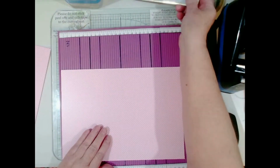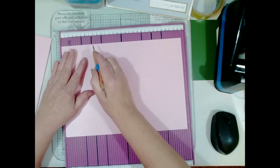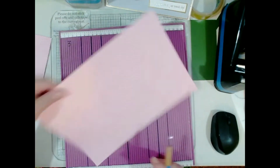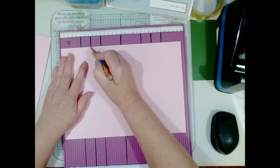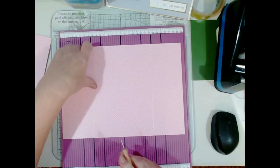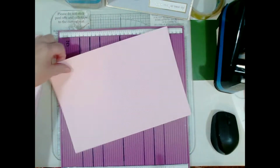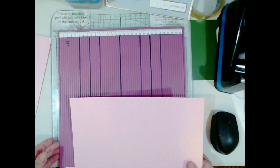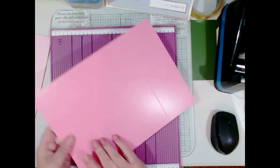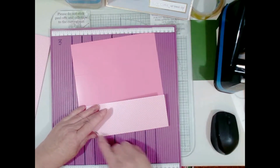Okay, so the first thing we do is we score at 7.5 there, and 7.5 there. This is thick card, so we're being very careful how we bend it, and I'm going to have the pink on the inside, so I'm going to fold that there,